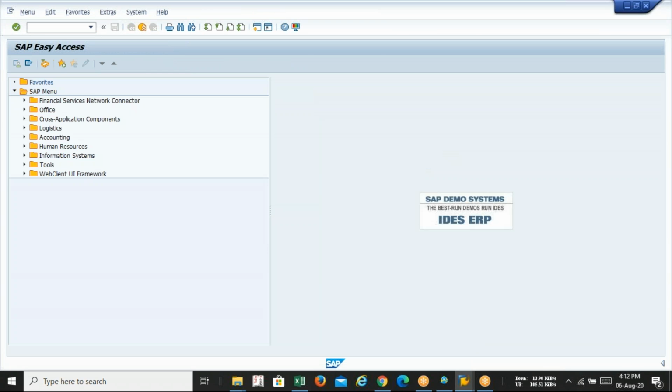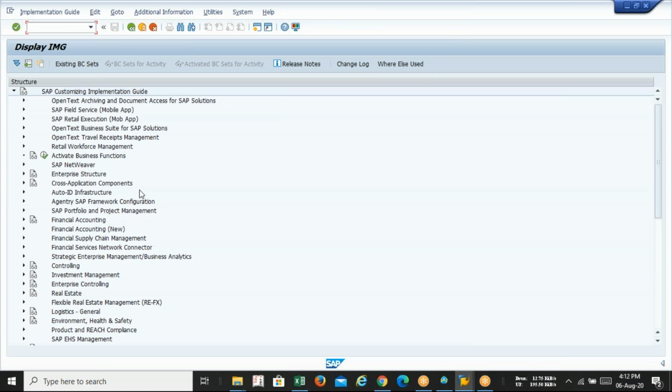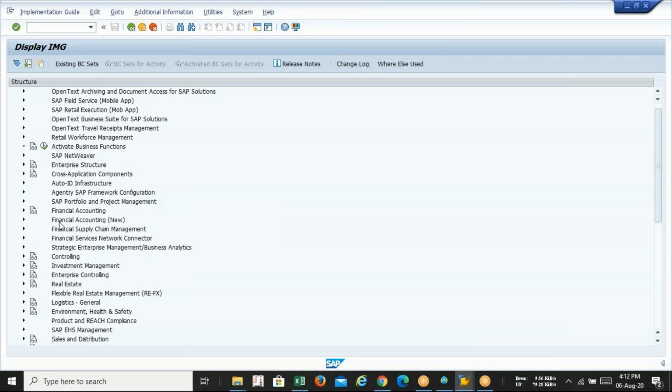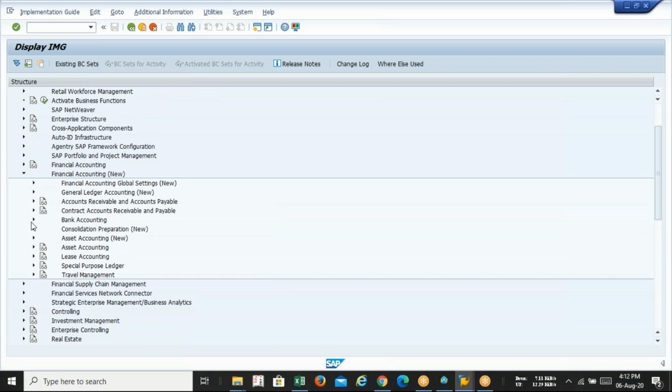Please follow and copy. The menu path starts with SPRO, then SAP Reference IMG. These two are common. Implementation Guide. After the Implementation Guide, you have to click on Financial Accounting. Under Financial Accounting, you will get an option called Bank Accounting, because the cash journal is a sub ledger of bank accounting.